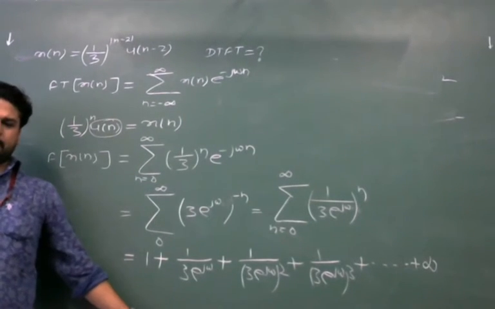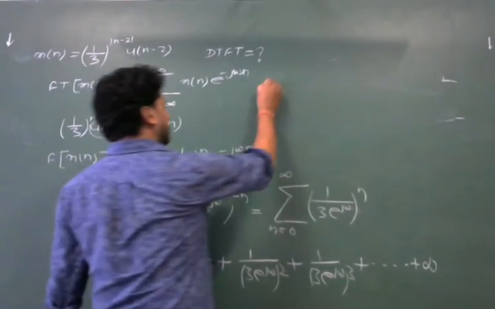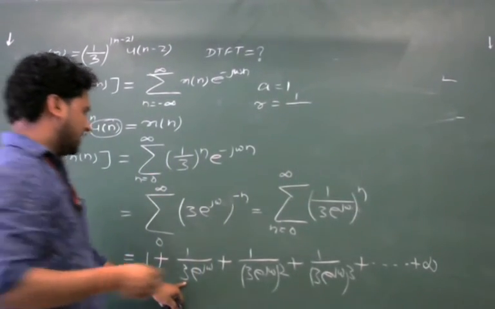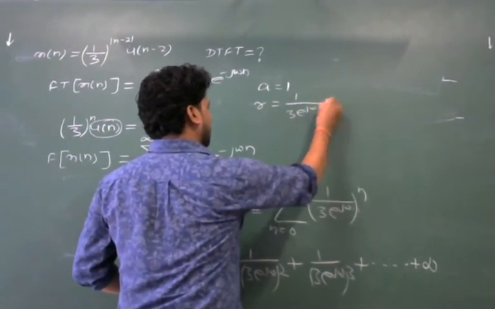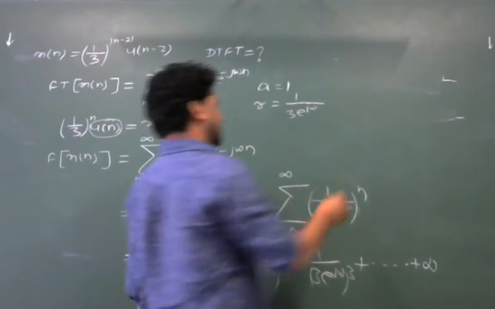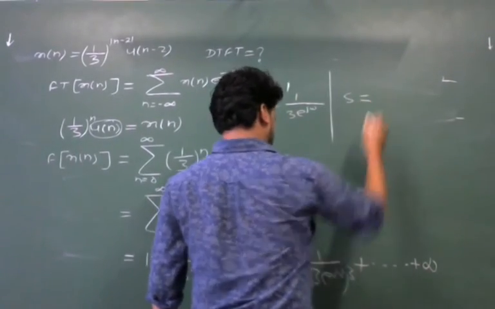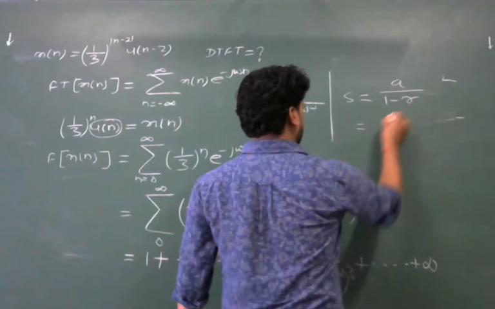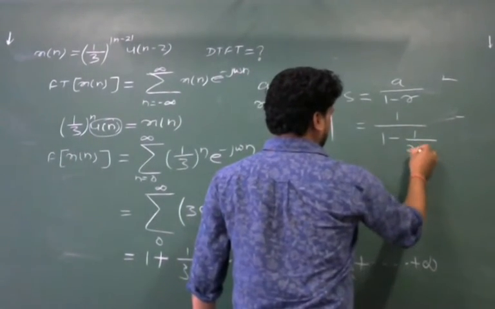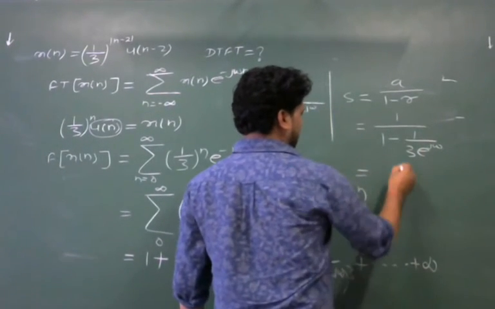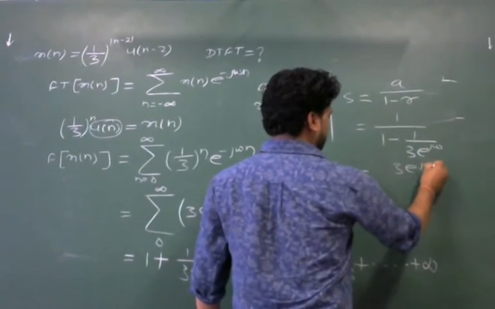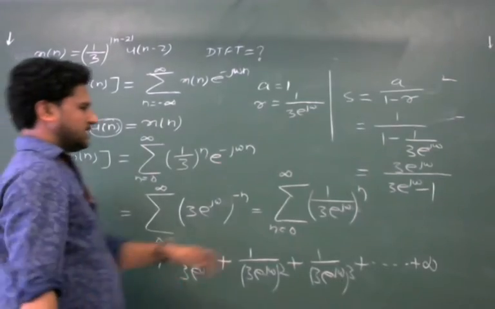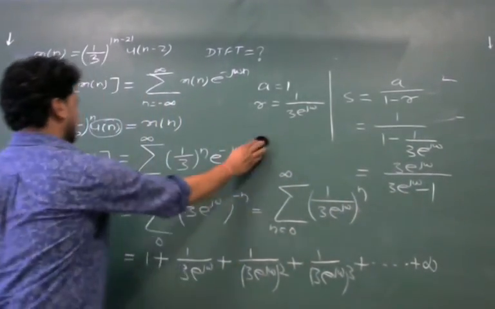So this is a GP, having the first term a equal to 1, r equal to 1 by 3 e power j omega, and the number of terms are infinite. So the summation of this series will be equal to a upon 1 minus r, which means 1 upon 1 minus 1 by 3 e power j omega, or this can be written as 3 e power j omega upon 3 e power j omega minus 1, or if we divide with 3 into e power j omega in the numerator and denominator, this will become